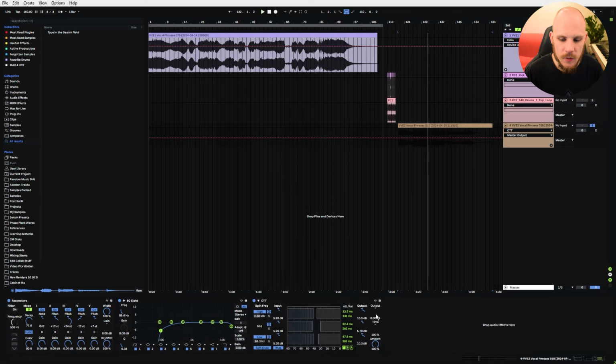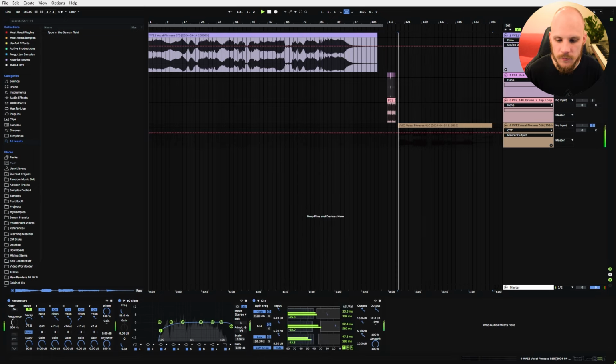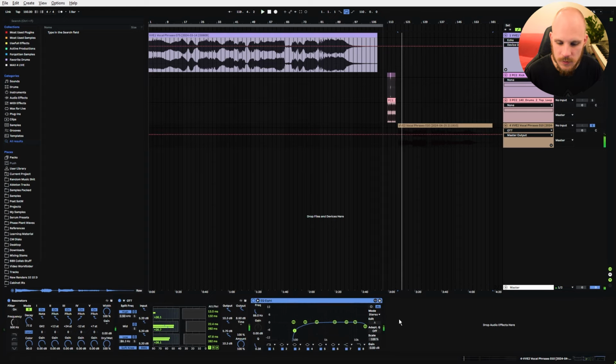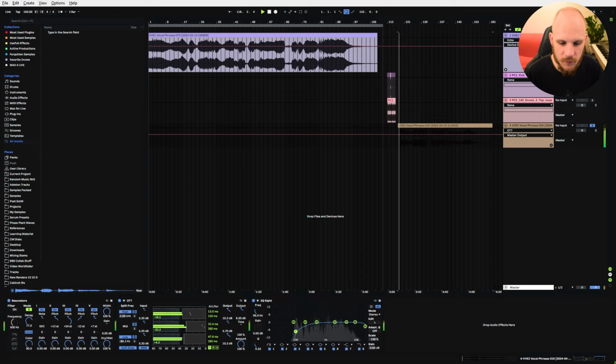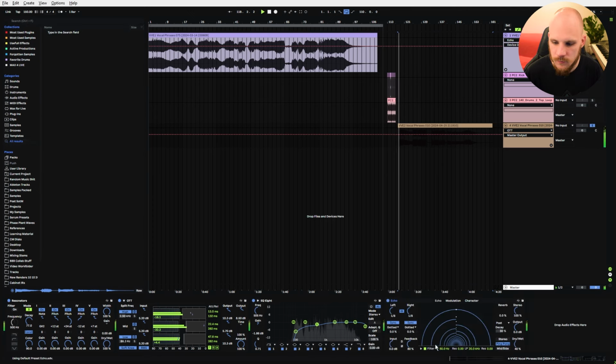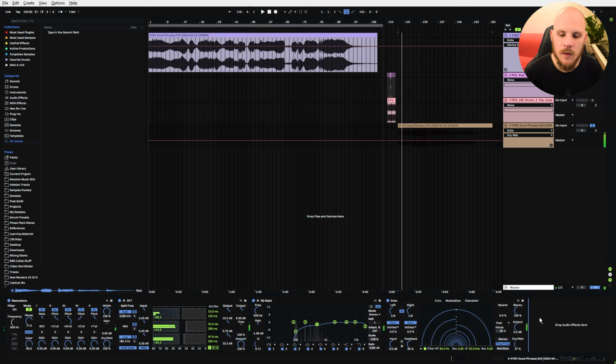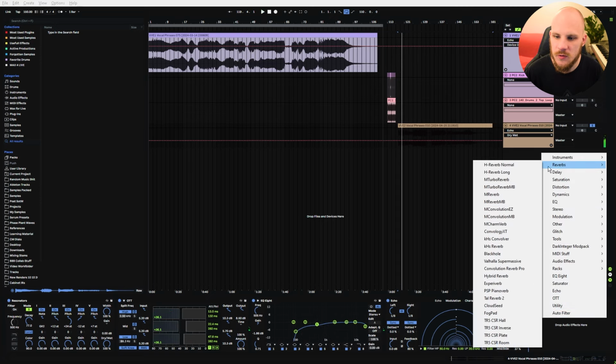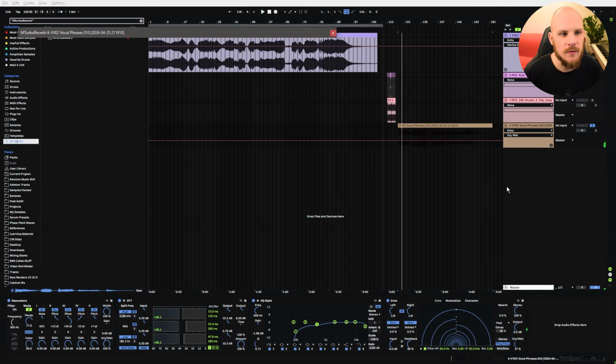Let's OTT this to make sure that we get a nice even volume. Let's have the EQ behind that actually, so that we can remove those lower frequencies again. We're going to add our delay here. And finally, to turn this into a real atmosphere or like a texture or something like that, let's use a